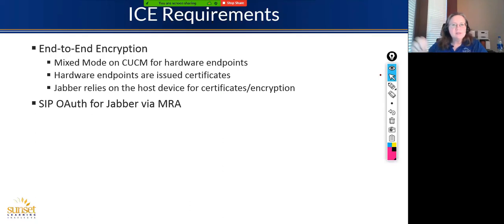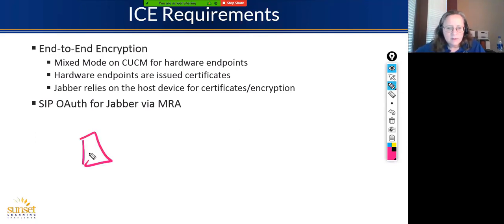So yes, if you turn on mixed mode, that does not require you to have everything in your enterprise encrypted. No. I will say though that if you do have a lot of insecure versus unsecure, pay attention especially to your media resources, things like conference bridges and whatnot. There are some service parameters, especially in the Call Manager service, regarding what happens if a device that's doing security is talking to a device that's not doing security. There's some niceties in there with regards to that. So you may find that you're going to need to have a